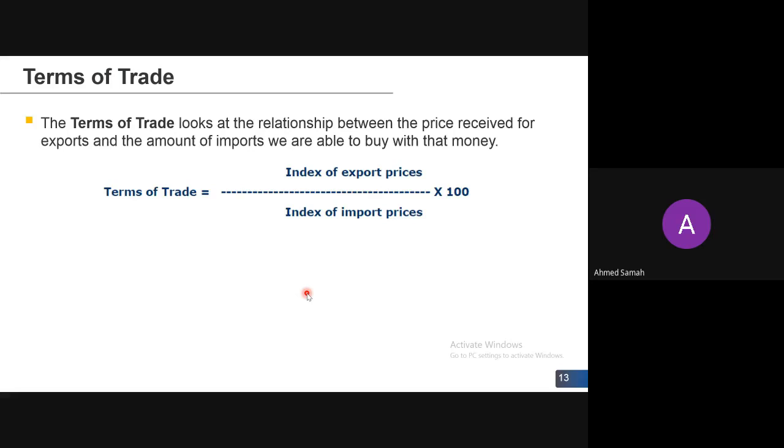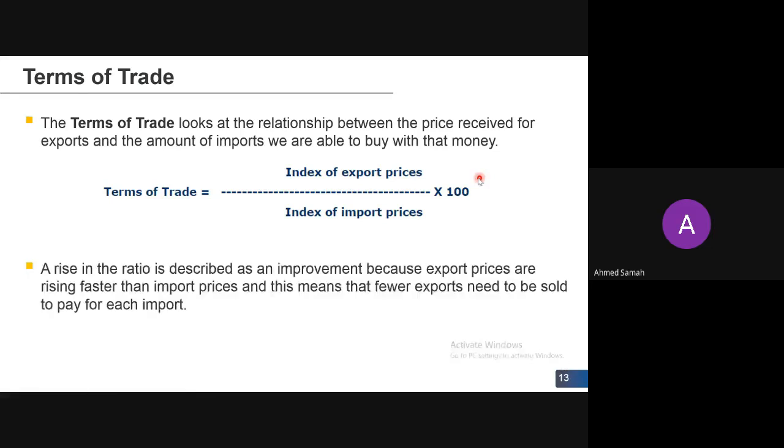So it is basically the index of export prices divided by the index of import prices, times 100. So if this particular ratio of the terms of trade is increasing, then that means there is an improvement because export prices are rising faster than import prices, and that means fewer exports are needed to be sold in order to pay for the imports of the country. So we will need less exports in order to cater for the imports we need for the country if the ratio is increasing. But